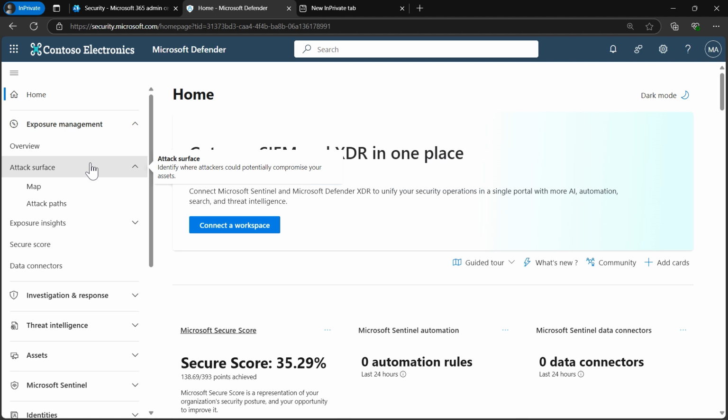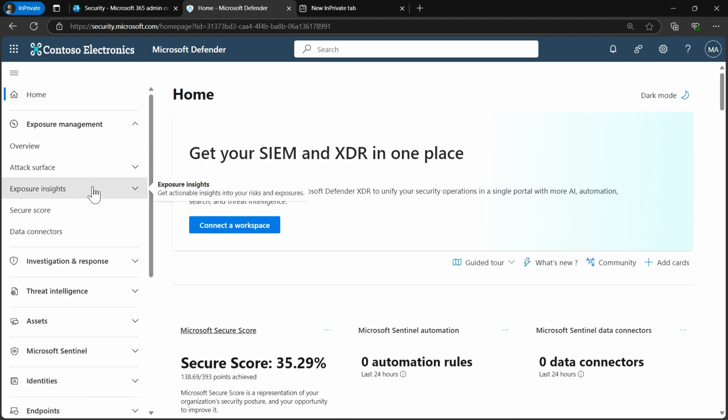So I can access the attack surface map for my organization, and attack path automatically generates attack paths based on the data collected across assets and workloads, and is going to simulate attack scenarios and identify for me vulnerabilities and weaknesses that an attacker could exploit.